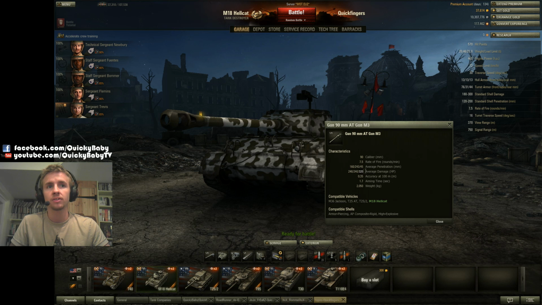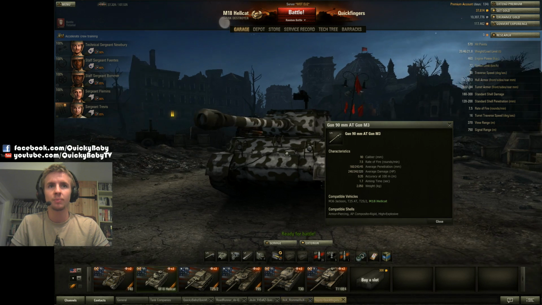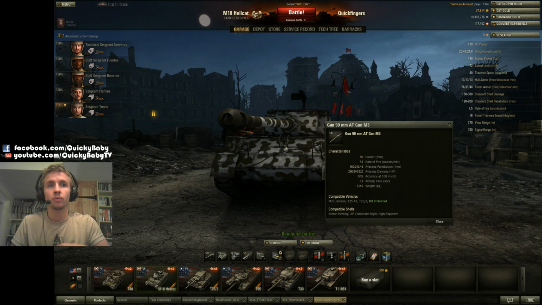The HE rounds do 320 damage, which is over 50% higher than your regular rounds. And considering that they've got 45mm of penetration, for example, if you shoot an enemy Hellcat with your HE rounds, you will do 320 average damage to them, which means that you have a very good chance of 2-hitting the enemy tank instead of 3-hitting them. This will also allow you to 1-hit some artillery that you otherwise couldn't,